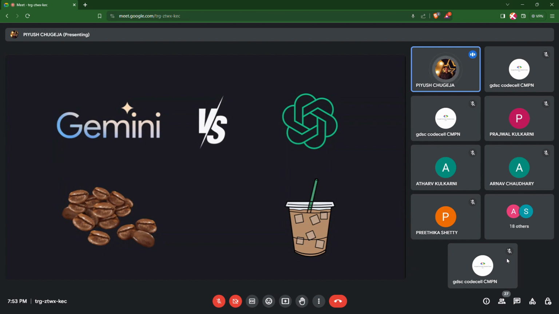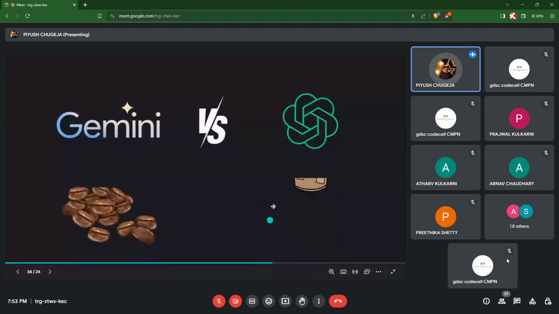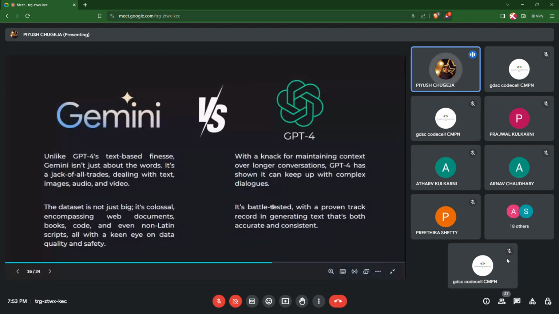All right, moving ahead. Yeah, I wanted to ask, do all of you have Python installed on your machine? Yes, Atharva. ChatGPT and Bard are similar in that sense, just that their underlying technologies are different. ChatGPT uses the GPT 3.5 model, which was developed by OpenAI, and Bard uses the Gemini Pro model, which is built by Google.